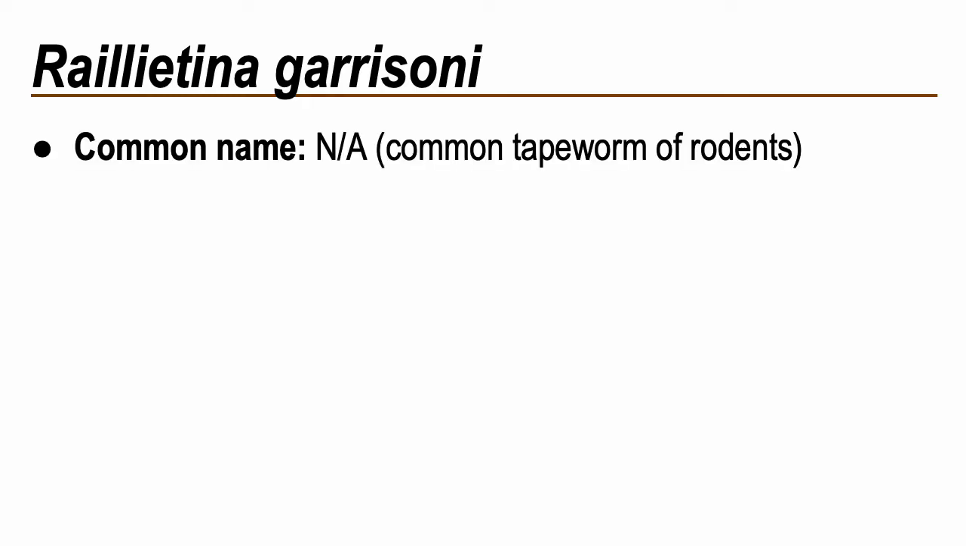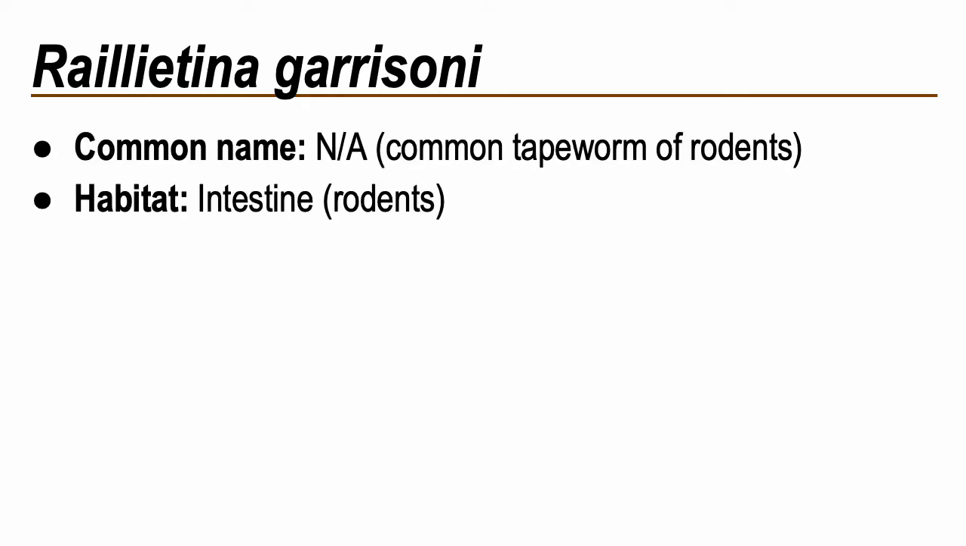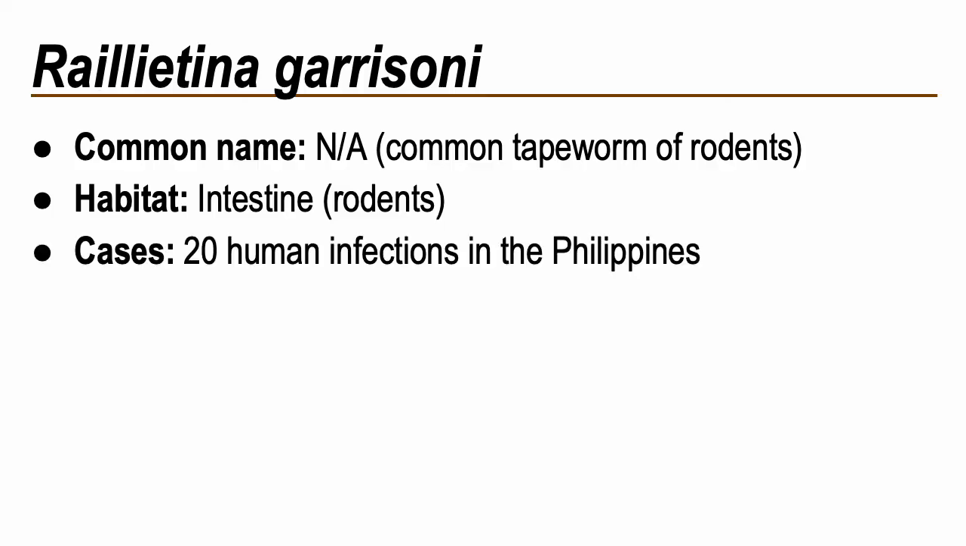So the next one is Rhyletina garrisoni, and this is a cyclophilidaean tapeworm that was included in the book of Medical Parasitology in the Philippines by Dr. Belisario. So this is actually a common tapeworm of rodents, and the habitat of these parasites, specifically their adults, are in the intestines of the definitive host. So in the Philippines, 20 human infections were recorded, where the first reported infection was actually in an adult Filipino